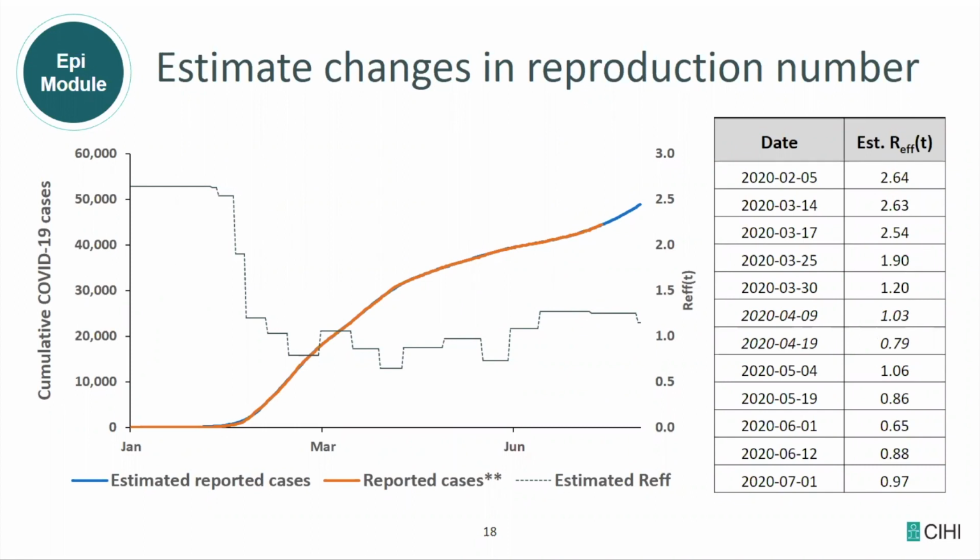So the users can use Excel Solver to estimate the effect of these measures on the reproductive number or transmission. The closeness of fit of the model is shown by the overlap of the blue and orange lines. The blue line is the case count projected by the model, and the orange is real historical data. You can also see a thin dashed line, which shows the estimated change in reproductive number, or R effective. When projected and observed data match, the R effective for each given date is accurate, and so the user can judge the impact of the public health measures on virus transmission.